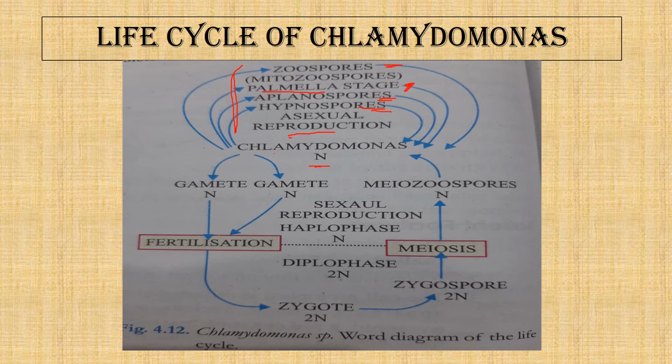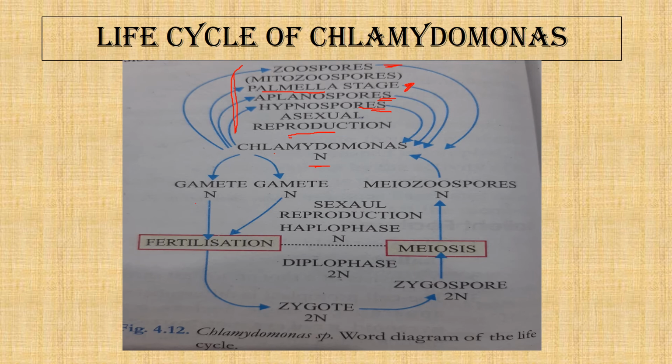Another form of sexual reproduction is anisogamy, where the gametes are of similar shape but of different size, where the female gamete is much larger than the male gamete. And then the last form is oogamy, where the female gamete looks different from the male gamete and is much larger in size, and does not have flagellation. So these are the three types of reproduction.